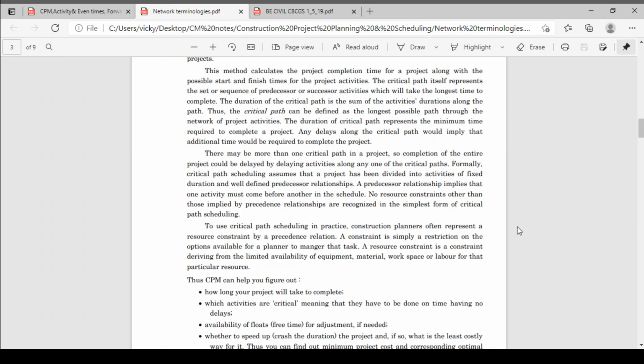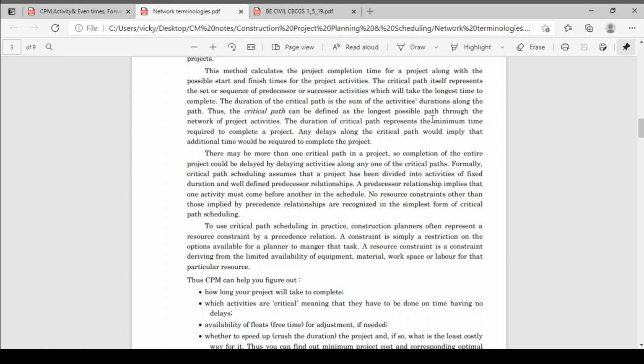Now, the above statement says the critical path is the longest path of the network. But the durations coming from the critical activities are the minimum durations required for completion of the project. Whatever durations you give for a critical activity, these are the minimum durations, and you should not delay that critical activity by even a single day.